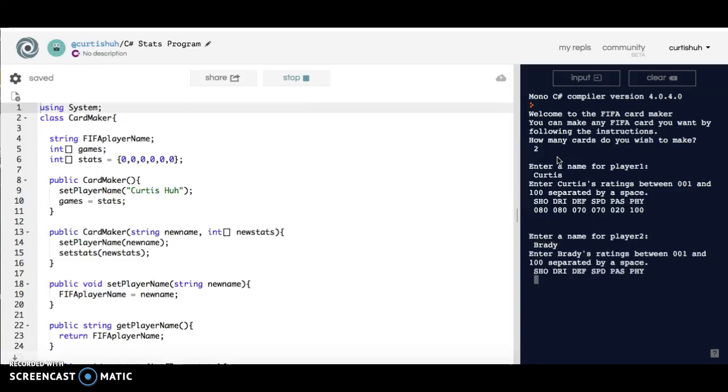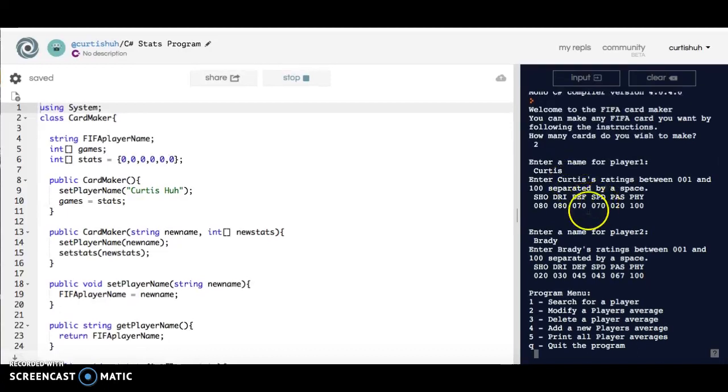He's got like 20 shot, defense, 43 speed. So we have 2 players in right now, Curtis and Brady, and